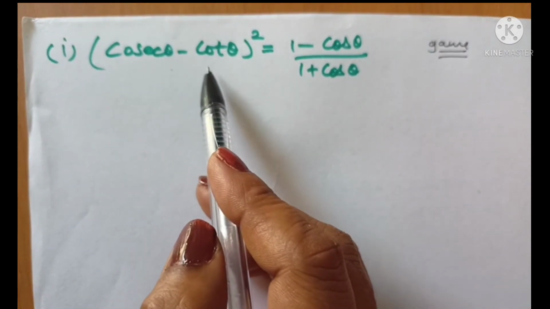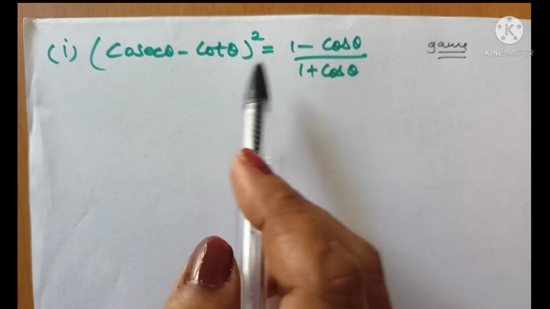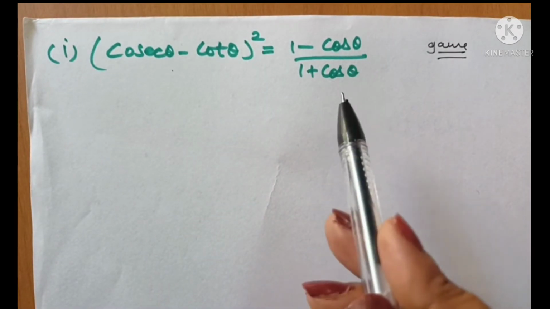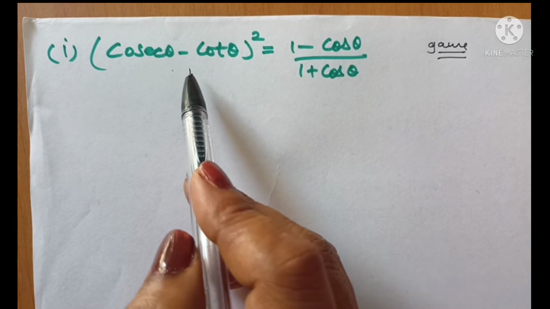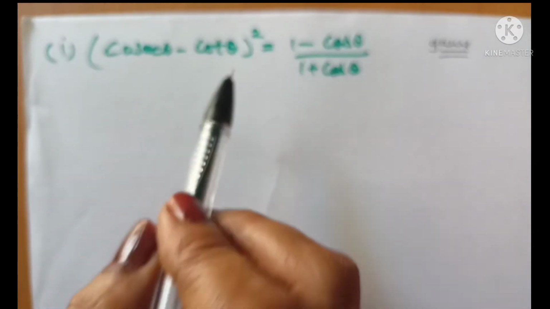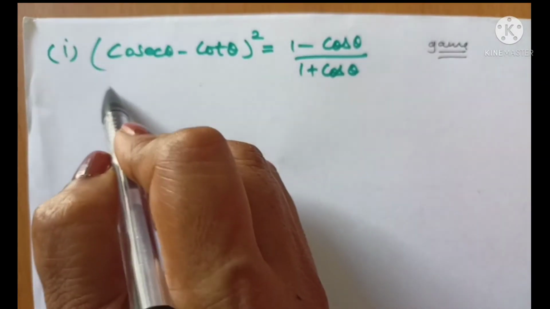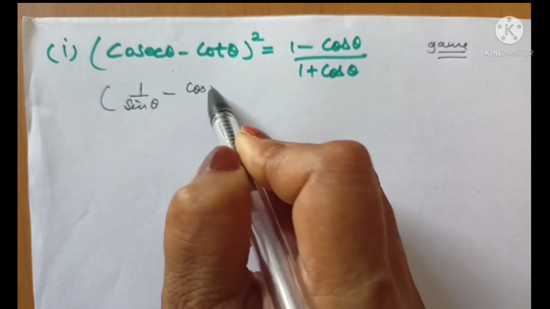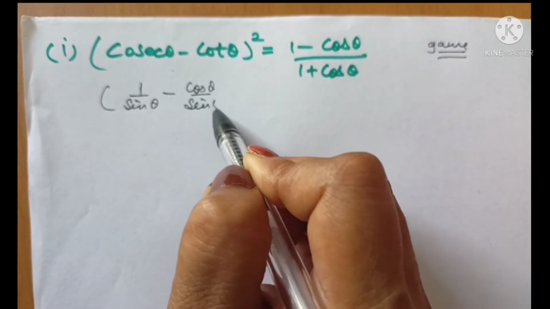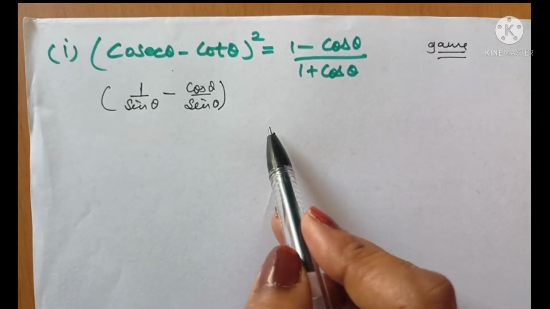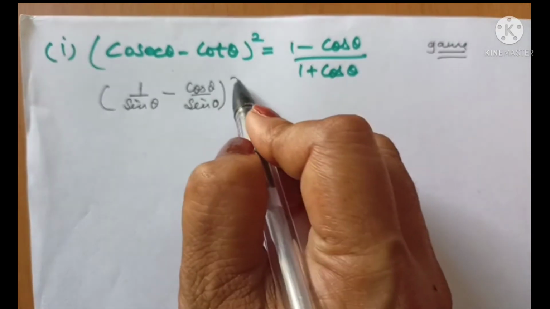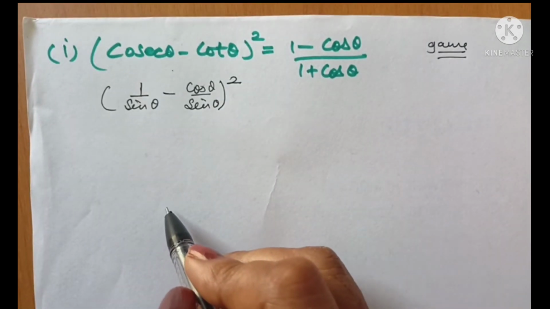Now for example here, cosecant and cot are lying. So what I can do is, in the right hand side I need cos. So that means I need to convert them to sin cos at any step. So let me first convert them to sin cos. So cosec is 1 by sin theta. Minus cot is cos theta by sin theta. If you just understand the identity from the video and just pause the video and do it yourself, it will be very good. Square as it is.